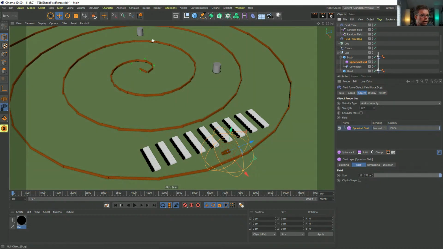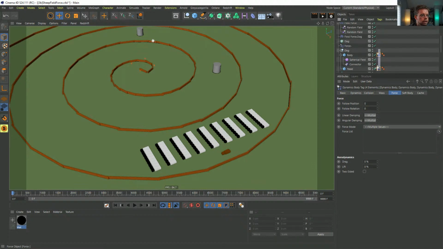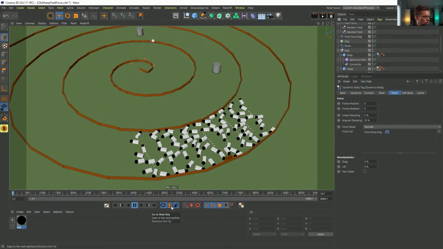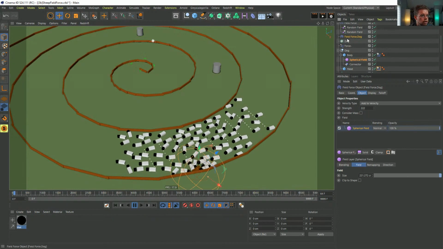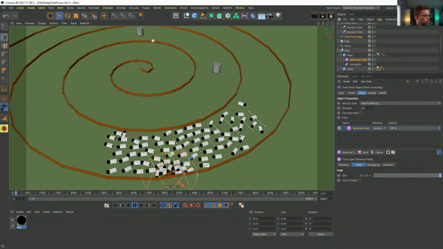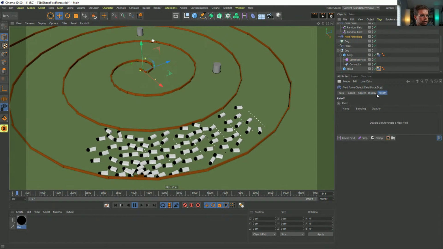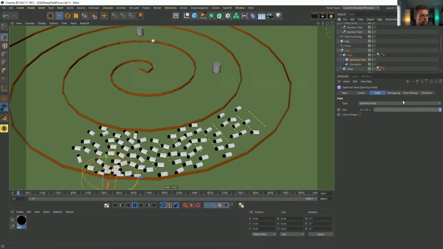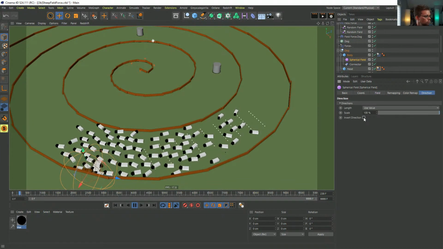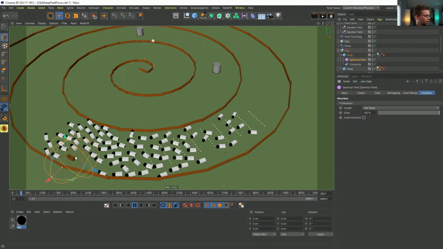I'll just say that the body, this dog, has the same behaviors as the other one, but the head excludes nothing. I will exclude the dog force from it, so the dog isn't affecting the dog. So let's see what happens. Ooh, okay, the sheep are beating up on the dog to start out with. Okay, field force, sphere. Oh, they're attracted to the dog right now. They like the dog because the spherical field needs a direction invert. There we go. And now suddenly they run away. And now the dog's free to wander around.